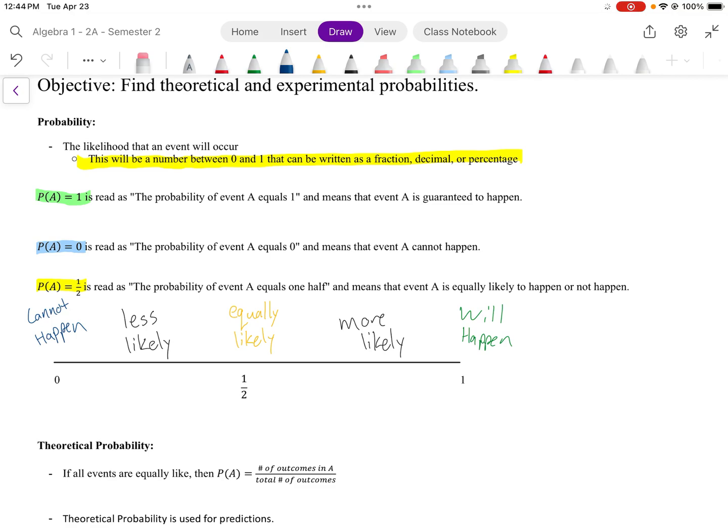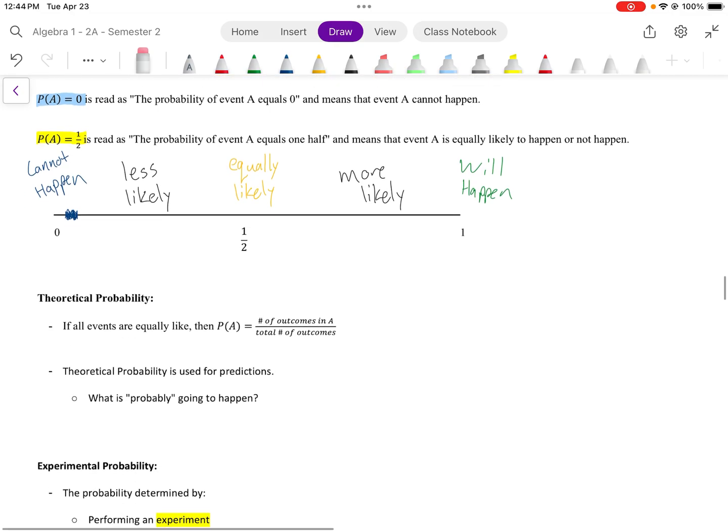Now, in this general vicinity, we're getting really close to 0. That is an extremely unlikely thing to happen. People will often say it can't happen. Technically, it can. For example, winning the lottery. You are probably not going to win the lottery. You are probably going to lose if you ever play the lottery. There is a 1 in a gigantic number chance of you winning the lottery. It's above 0, but not by much.